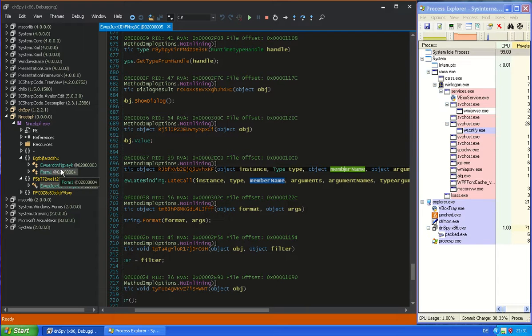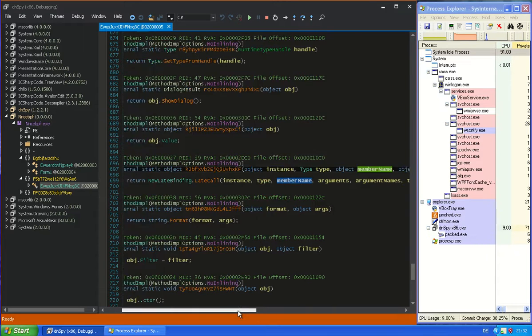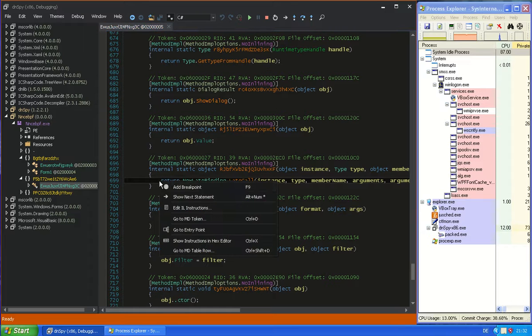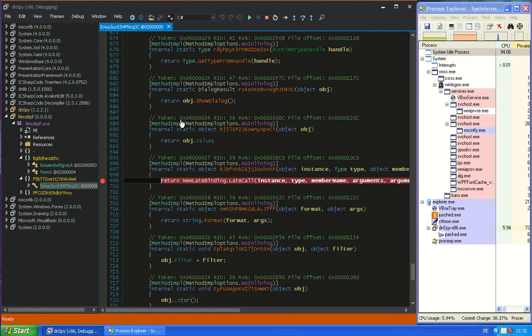First they will load the assembly, and second they will do this call to a function of this assembly. So it's interesting for us to know what function is called, and for that we might also want to set a breakpoint here. Okay, now we will just run it,